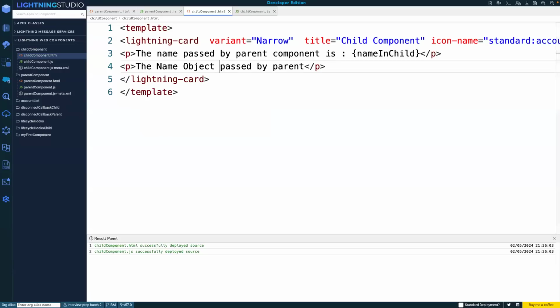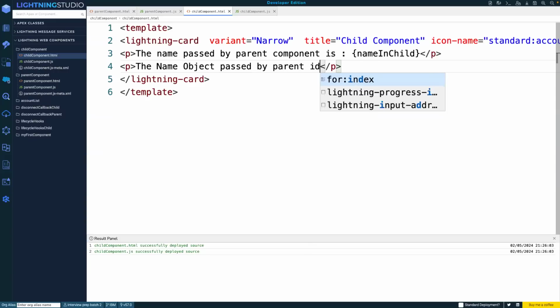We are discussing communication, Manjunath. So parent to child and child to parent communication. Currently, we are doing parent to child communication. There are different ways we can do it. And currently we are seeing how to pass an object from parent to child. So, name object passed by parent is,